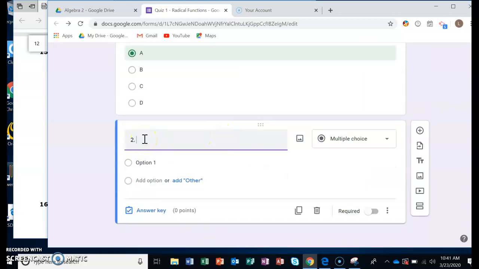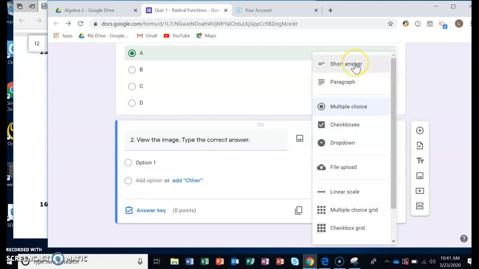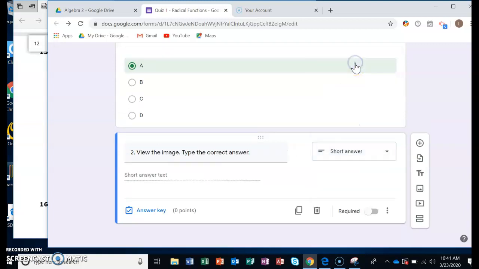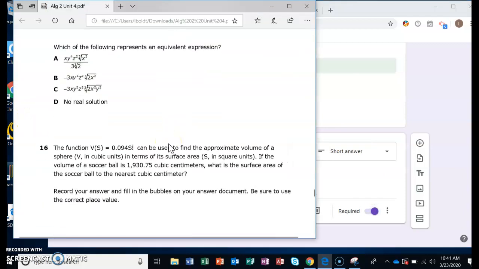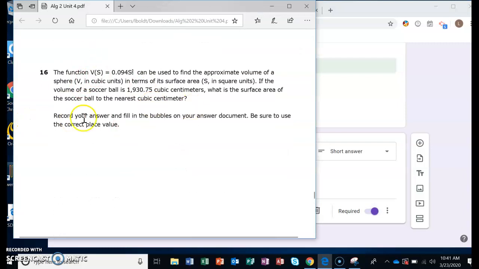So now this is my question 2. So I'm going to, again, say view the image and type the correct answer. And so I'm going to change this now to a short answer question. I'm going to require it. Then I've got to do the same thing. So I have to go get my image. I'm going to go back to my document. And here's my